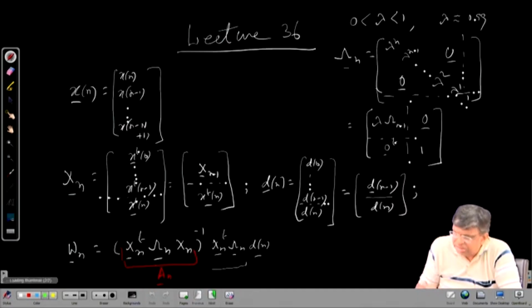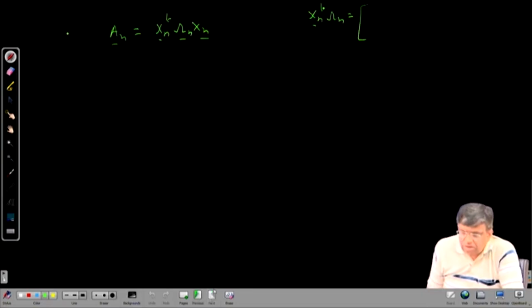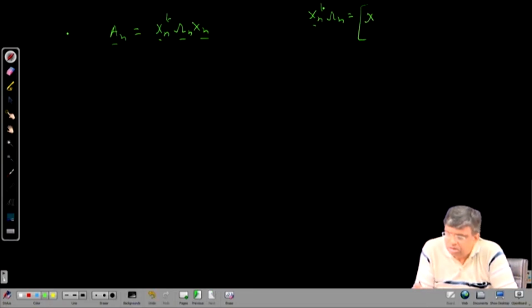Previously we have seen this. It is a repetition, but it does not matter; we can do some repetition sometimes. If you take x n transpose, the first row becomes the first column, the second row becomes the second column, like that. So first comes x n minus 1 transpose, it gets transposed and comes first, and the last row becomes the last column. So x transpose n is the row, so the column will be x n. It was discussed. So, this is x n,